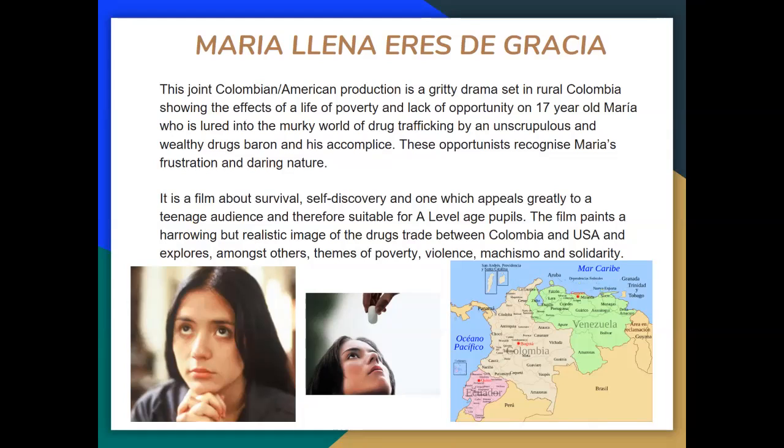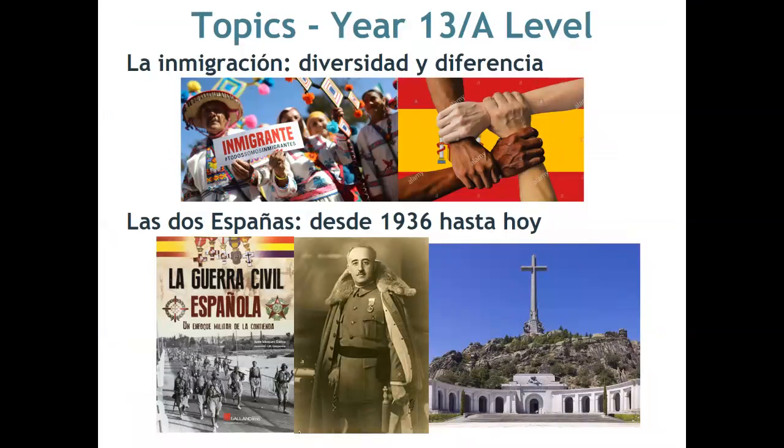And it always prompts some really interesting discussion amongst our pupils. So if you were taking the AS exam, basically this would be your exam. The speaking element would be based around the themes that I just talked about. If you then move on to A2, so not A2, sorry, the full A-level course, you would see two further